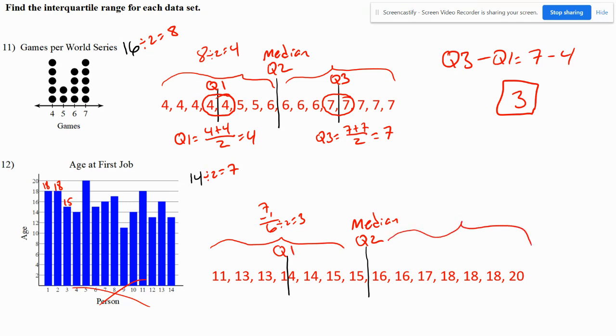Looking on the second half, I'm going to draw a line such that I have 3 numbers on each side of my line. That number is quarter 3. For my interquartile range, I'm asking what's quarter 3 minus quarter 1. Notice that my line for quarter 3 goes through 18. So quarter 3 is 18 minus 14. Right? Quarter 3 is 18, quarter 1 is 14. So I'm asking how much is 18 minus 14? And our result should be